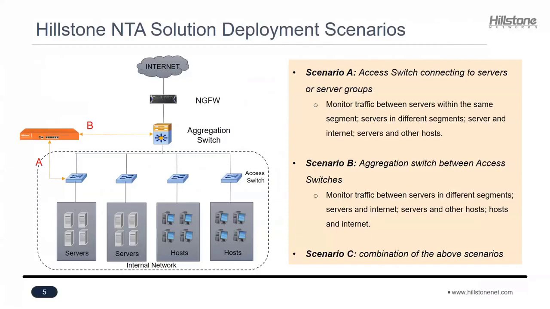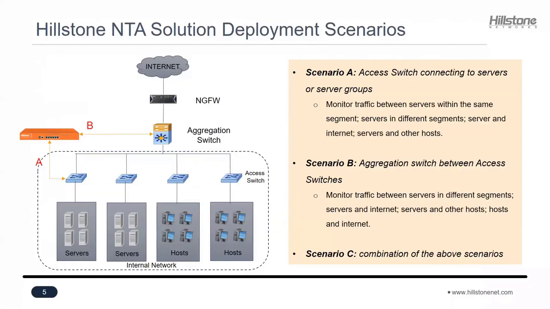These servers, like FTP server, mail server, web server, are connected to the access switch. And all these access switches are then connected to the second layer aggregation switch, and then going